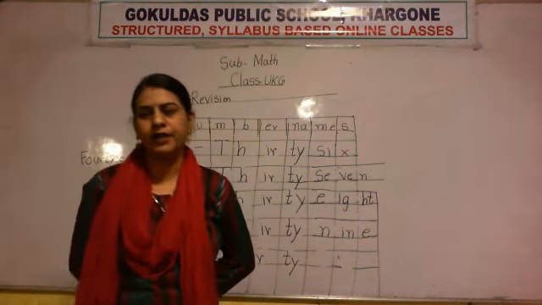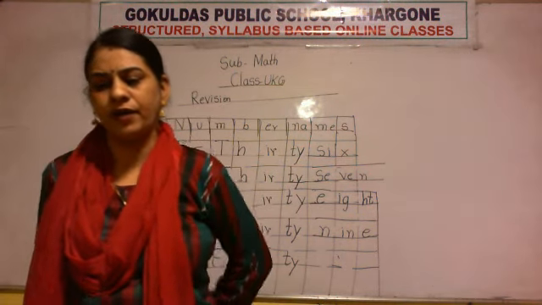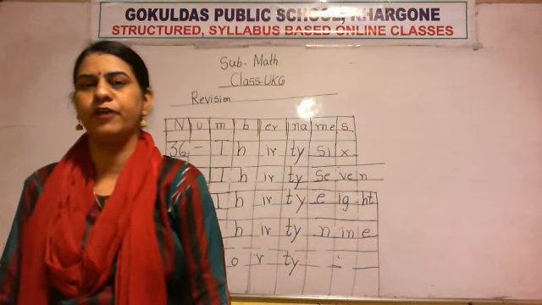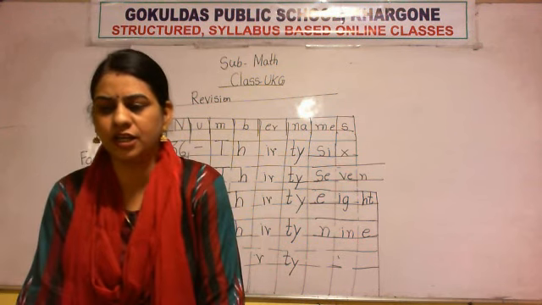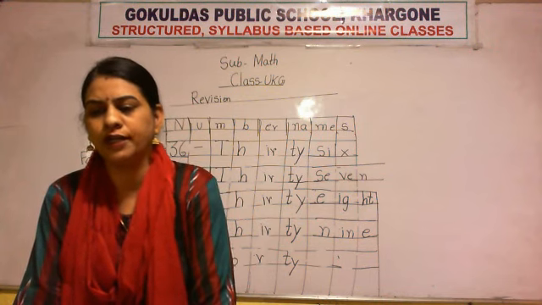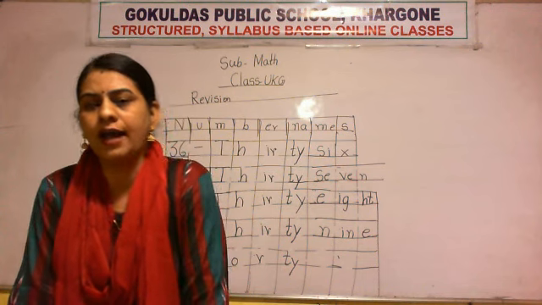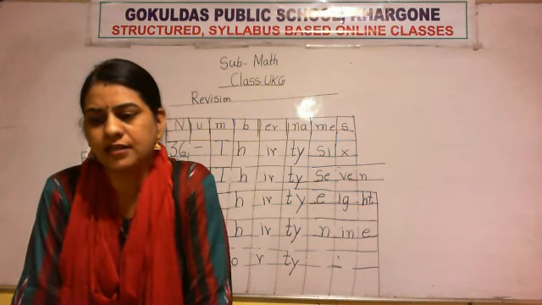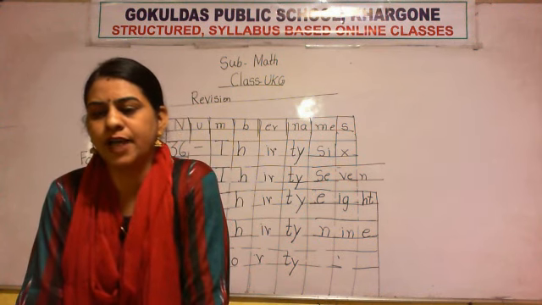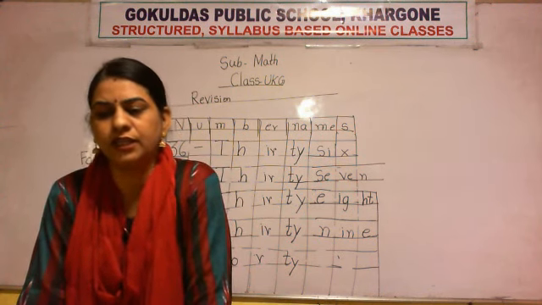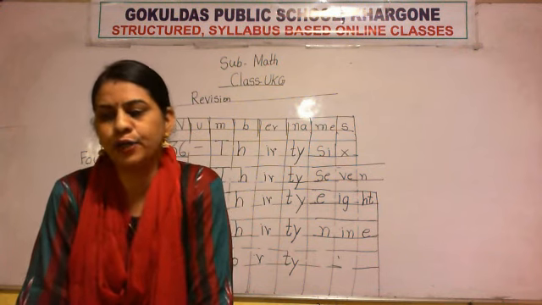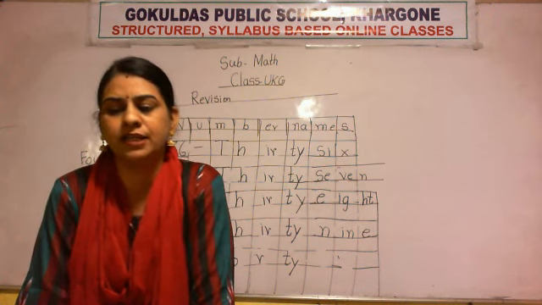What we had completed? We had completed the revision portion of number names. Yesterday in our last lecture we had completed the revision of number names from 1 to 20. In this lecture we had completed the revision of number names 21 to 40. Okay. So today I am going to give you one task that you have to learn the spellings by heart and you have to send me a video without seeing the spelling of the number names. You have to make a video and you can send me your video by saying the spellings.